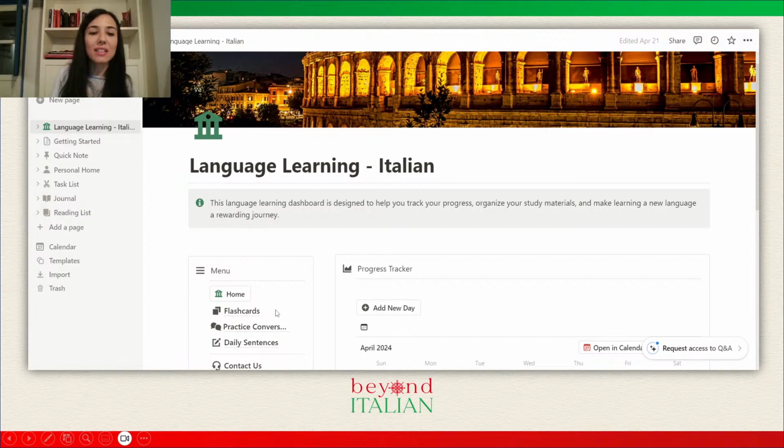And my favorite part is about flashcards. I often recommend flashcards to learn vocabulary, to memorize them. Flashcards are the cards where you can find on one side the Italian word and on the other side the translation in your language. So they are very good to memorize vocabulary about different topics: the house, animals, food, and so on. And here you can already find some virtual flashcards with the Italian word and their translation. So you just need to add other words to these flashcards.